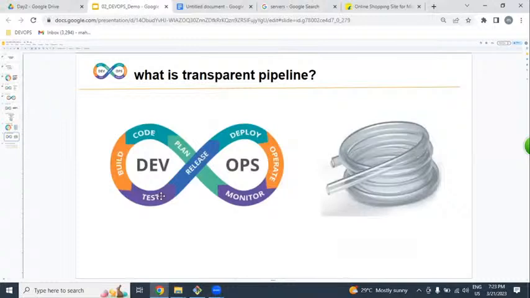A DevOps transparent pipeline. Everything is automated. Everything is transparent. Even if we get any issue in the middle, we can easily identify it and easily resolve it.